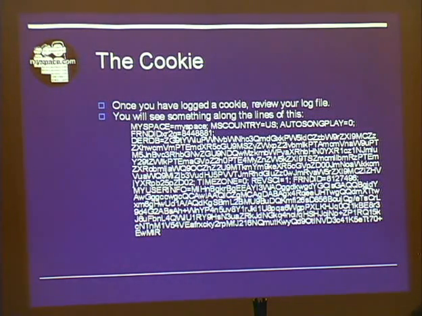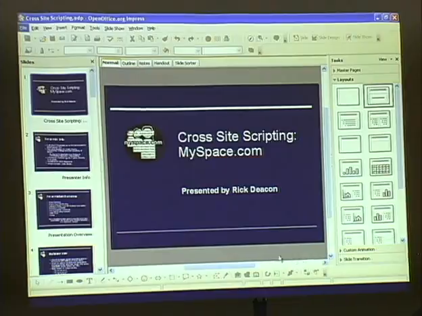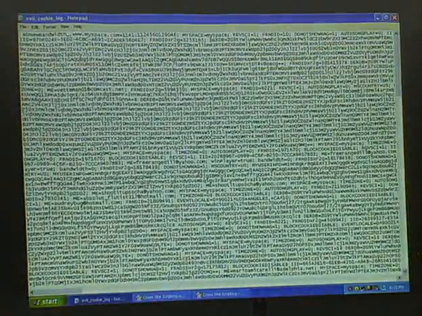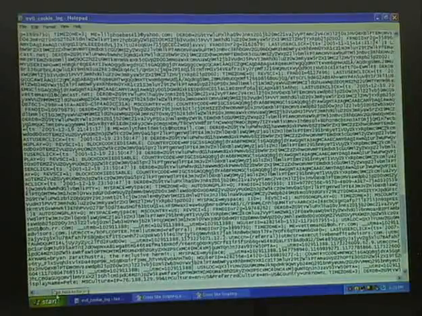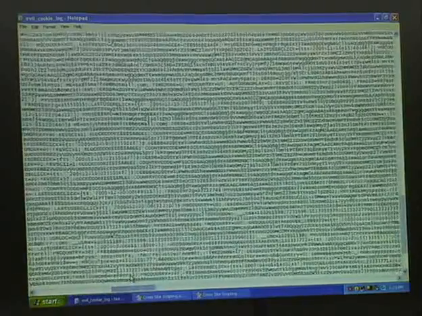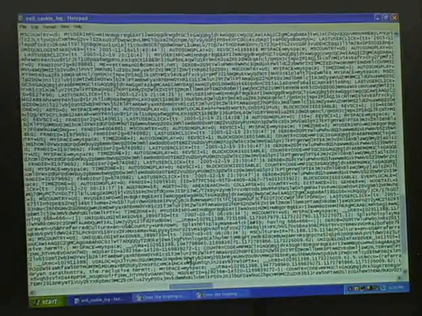Okay, once you've logged a cookie after someone's clicked it, you're going to see that. That's the cookie. Looks like nothing right now. I'm actually going to show you my desktop, not popping up. There is my cookie log right now. I just pulled it off my server before you guys walked in the room. Since I saved it as a text file, it has no formatting, and it goes forever. But let's see, what am I seeing here? Let's see if I can pick anything out right away. There's email addresses in here, so you can go tell the person who clicked my link, hey, you clicked this kid's link.